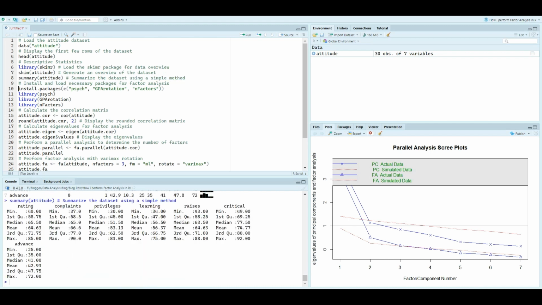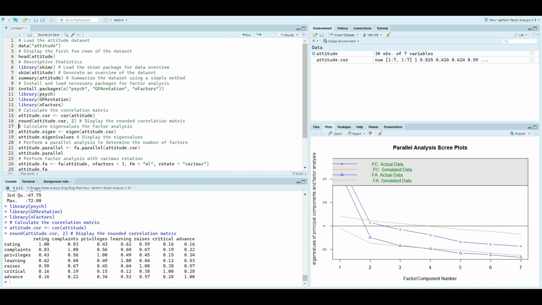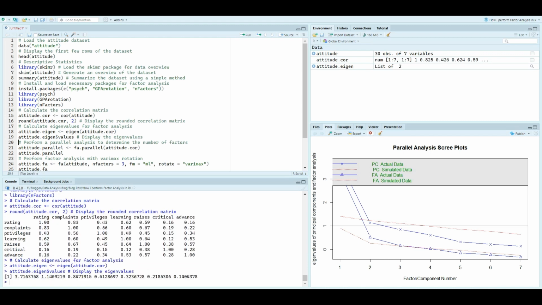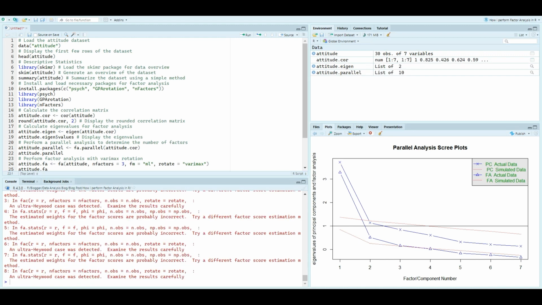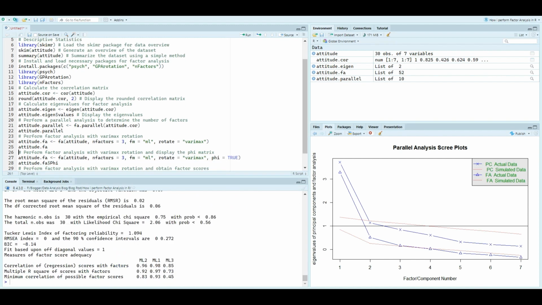Then, determine the optimal number of factors to extract. You can use eigenvalues, parallel analysis, or other methods. After that, run the factor analysis using the fa function and specify options like the number of factors, rotation method,